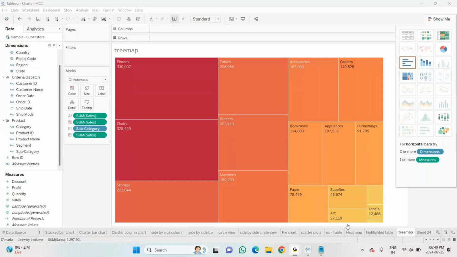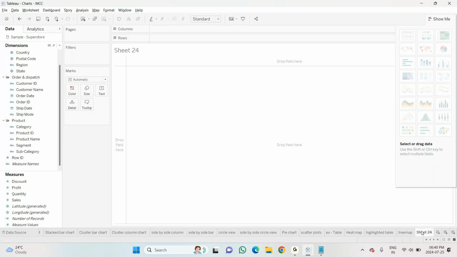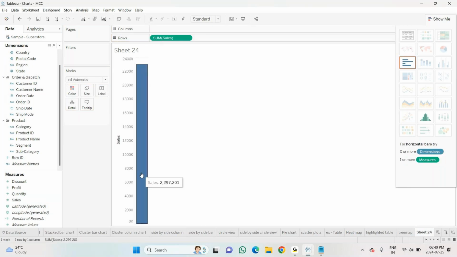So next thing what we are doing here is, I will just take one of the options. Let me go for the sheet. So I'm taking here the sum of the sales. So these are the total sales. Now what I want is, in each and every month, each and every year, how much sales has happened, how it is done, that I have to know. So see, observe the changes.